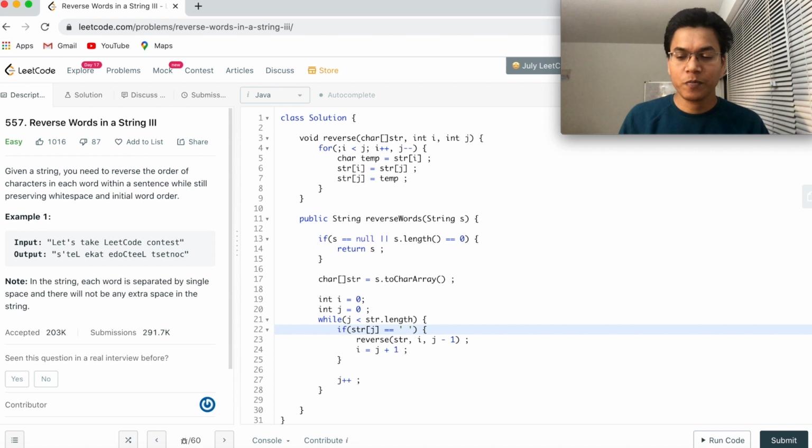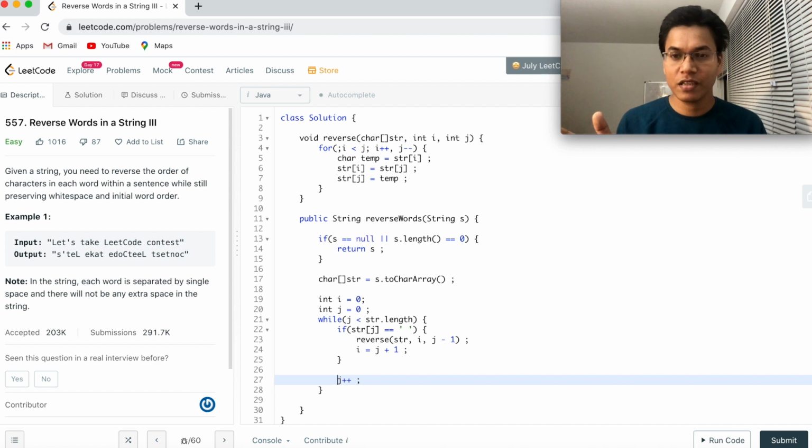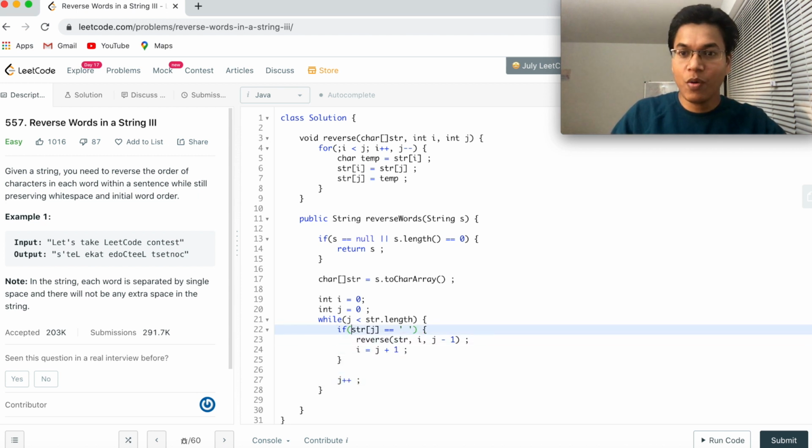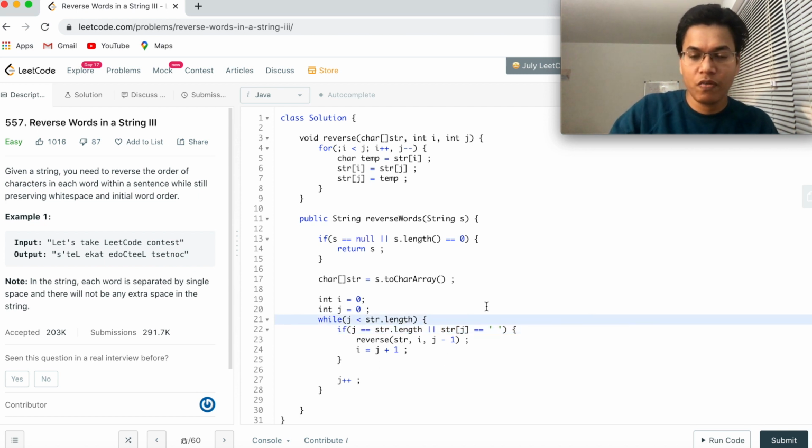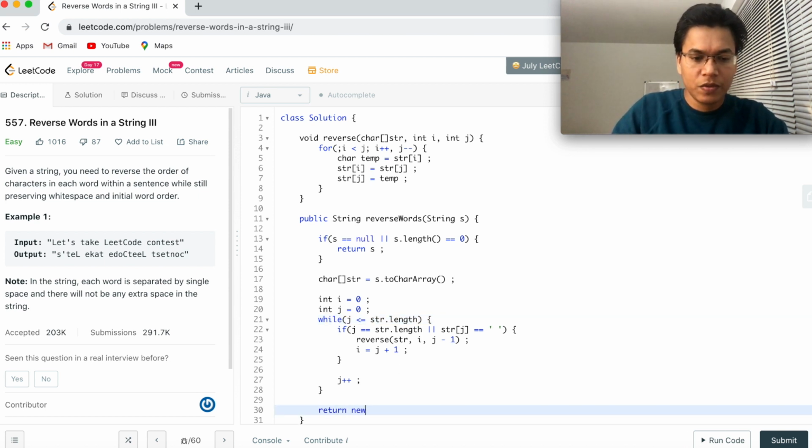Now, are we done here? If we see this input, the last character is not a space, so for the last word this solution will not work. We still will be left with the last word to reverse. So how can we solve that? We can add one more case here: if j equal to str.length, we still want to do our reverse. So in that case, the while loop condition will be less than or equal to. Finally return a new string,